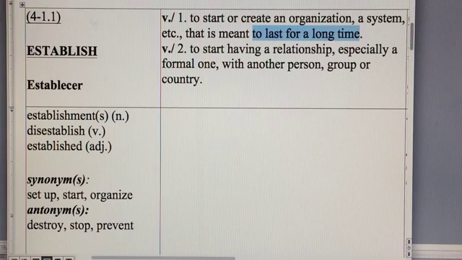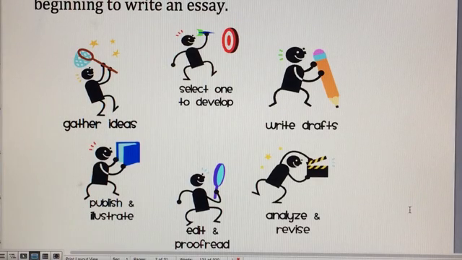For your sentence for today, you should copy on the back of your flashcard. The first definition is relevant. Here we say it is critical to establish a thesis statement before beginning to write an essay. Establish. So you want to create your thesis statement, the one that's going to stay in your essay, before you